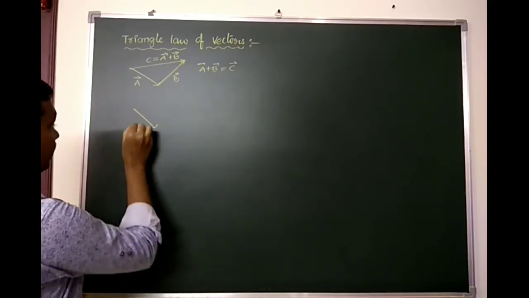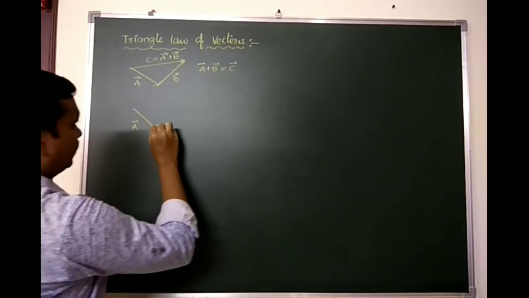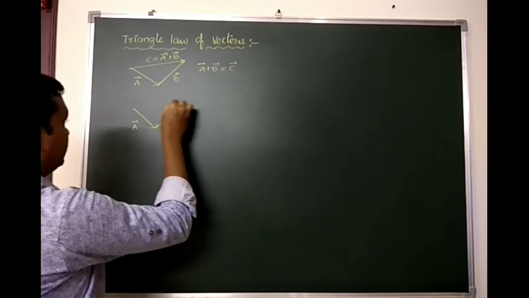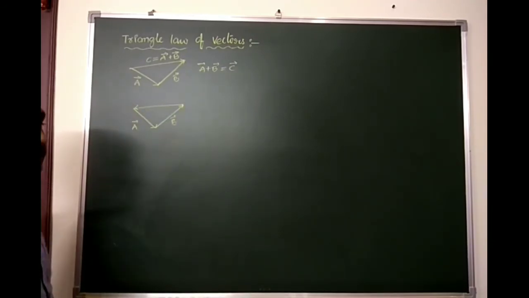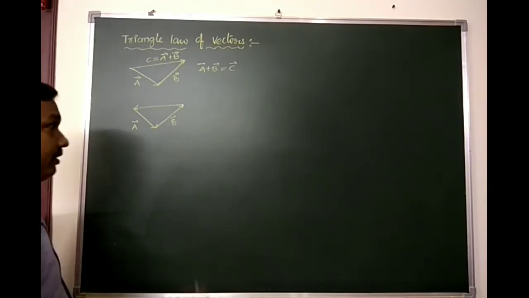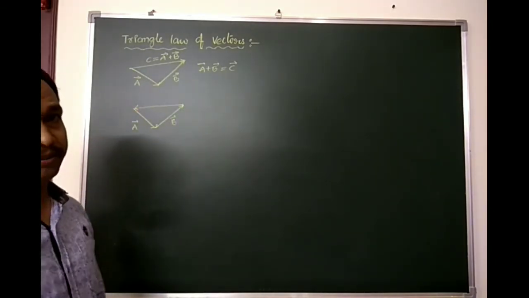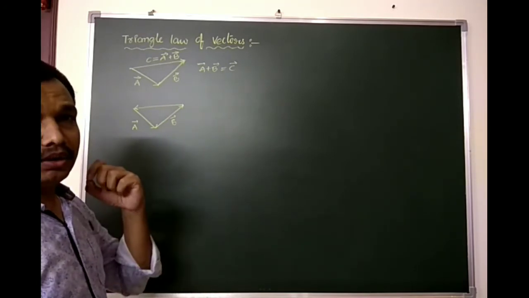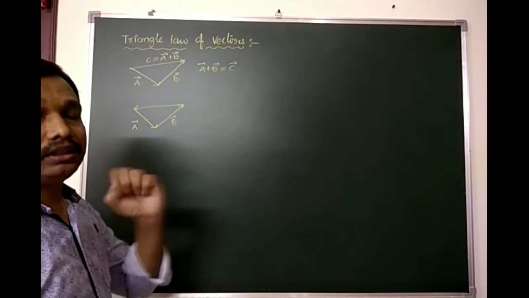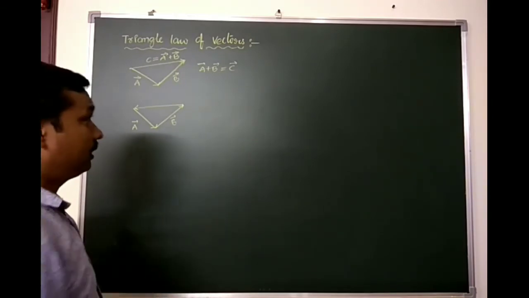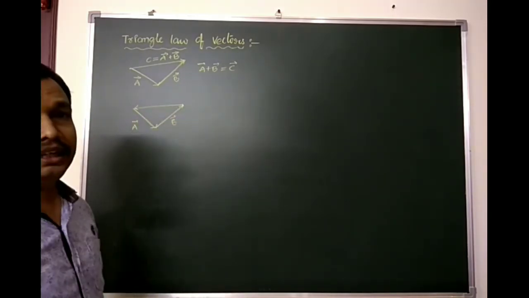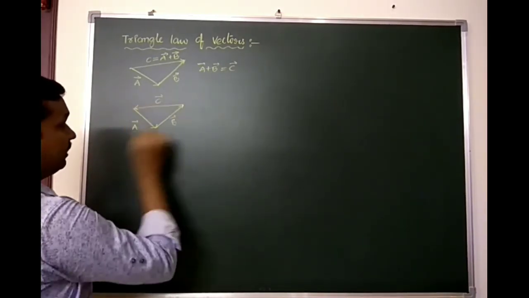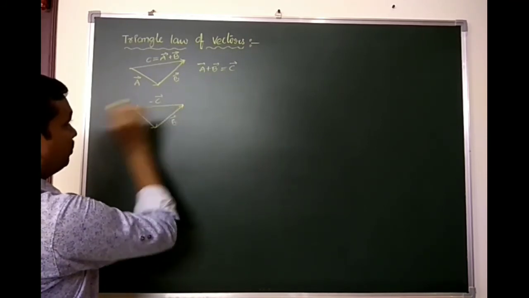This is the a vector, this is the b vector, and this is the c vector. If it changes its direction, these are three vectors in order. How will it be? It means three forces acting on a particle, and the resultant force is equal to 0. Nothing but these three vectors in order. So what is the resultant? The resultant of this is giving you the backward direction.